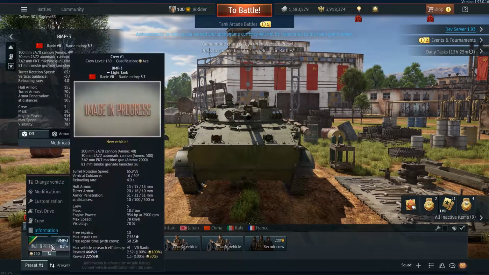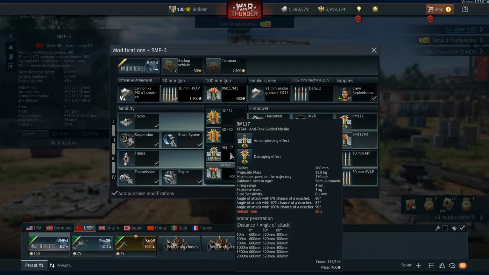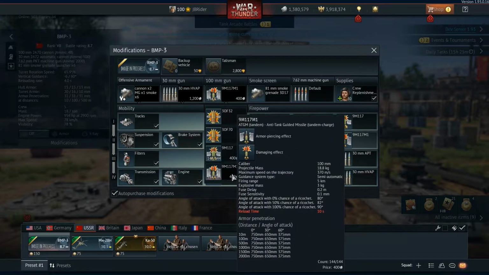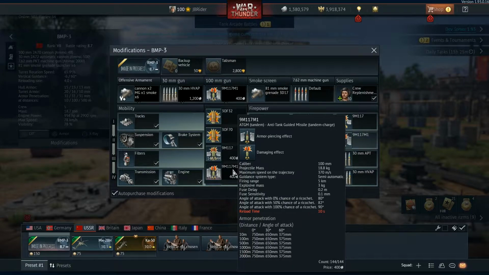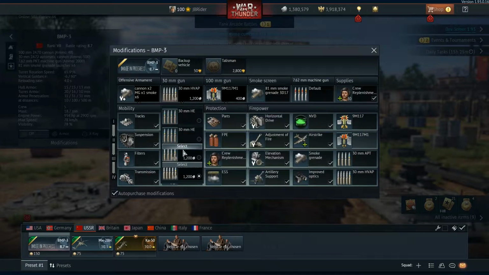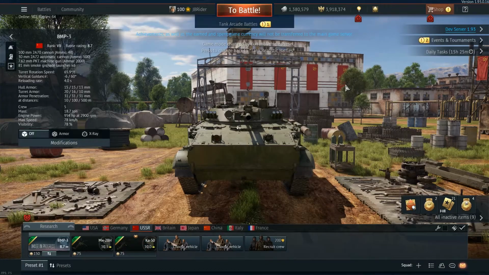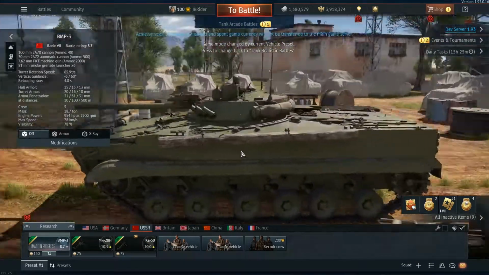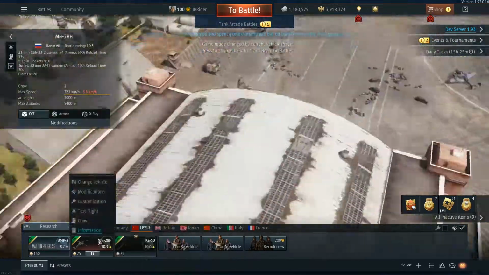So it's a little bit different, but it should get the job done. And this BMP-3 shoots ATGMs only. You got this one, the 9M117. And this one, which is a very good one, the 9M117M1, very high penetration. And the HVAB round for the BMP has 100mm of penetration. So it's going to be a deadly vehicle. It's going to be a lot of fun. So yeah, just if you run this with the next vehicle that I'm about to show you, you're going to